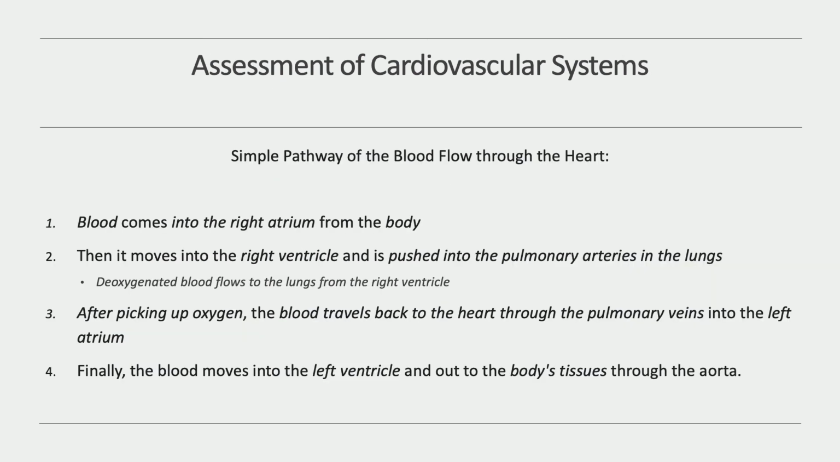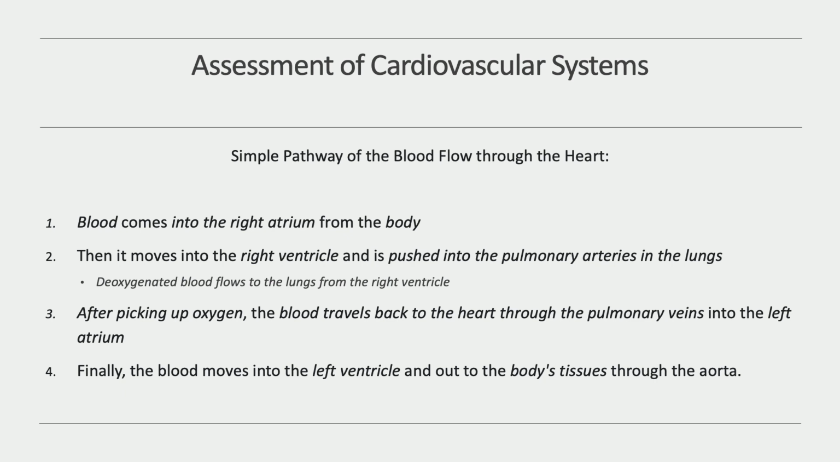So again, assessment of cardiovascular systems very quickly. We have a picture in the cartoon in our head of mom doing laundry and she's throwing it downstairs. So blood comes into the right atrium from the body. That would represent mom filling that basket before she walks it over to drop it. Once the blood comes into the right atrium from the body, then it moves to the right ventricle and is pushed into the pulmonary arteries in the lungs. That would represent mom dropping the basket to the kids walking it to the washing machine and getting prepared to